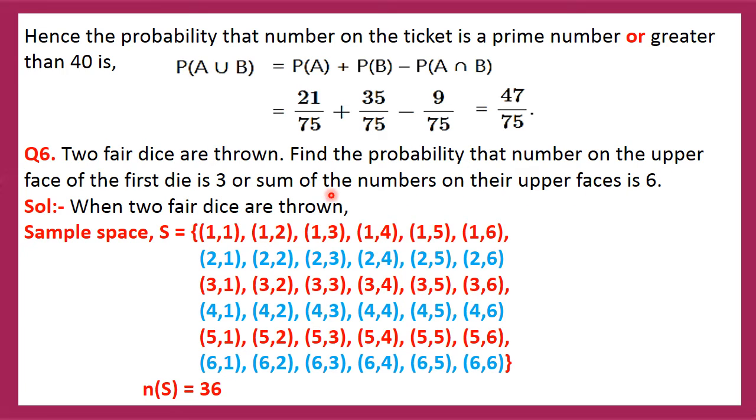First consider the case when 2 fair dice are thrown. And clearly we know the sample space S is the set of events (1,1), (1,2), (1,3), etc., (1,6). The different cases possible are (2,1) and so on, and these are the elements possible in the sample space, that is till (6,6). And clearly n of S is equal to 36.